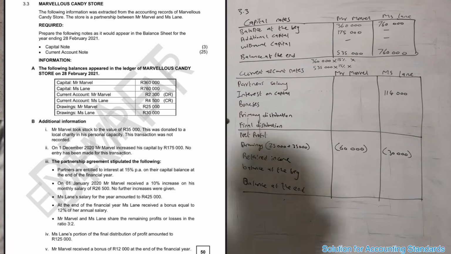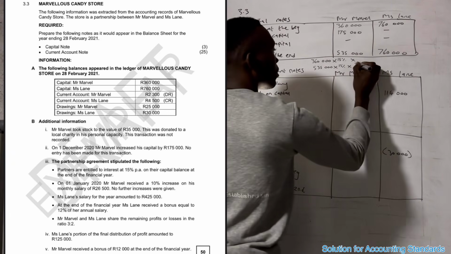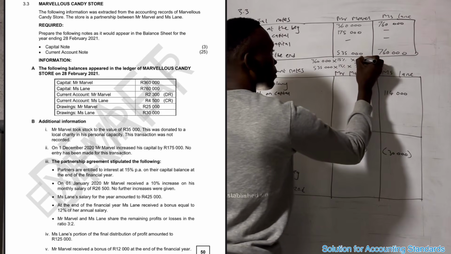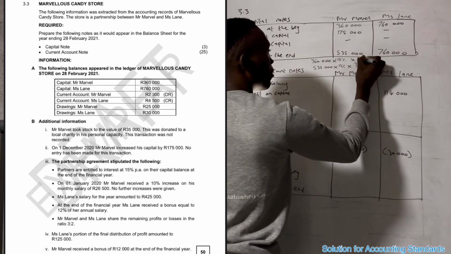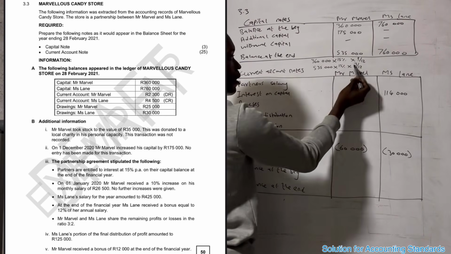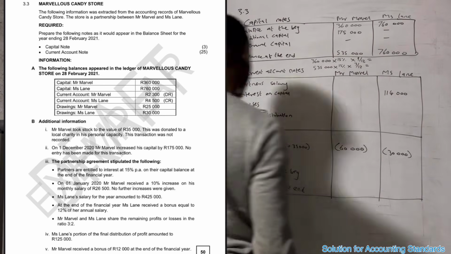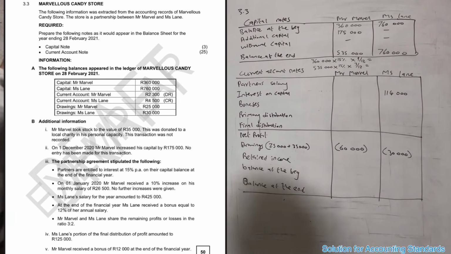After, it was from 1 December to 28 February 2021. It was 3 months. 3 over 12, which means that before is going to be 9. How did I get 9? 12 minus 3 is going to give you 9. So you get an answer here and you get an answer here. When you combine both those answers,